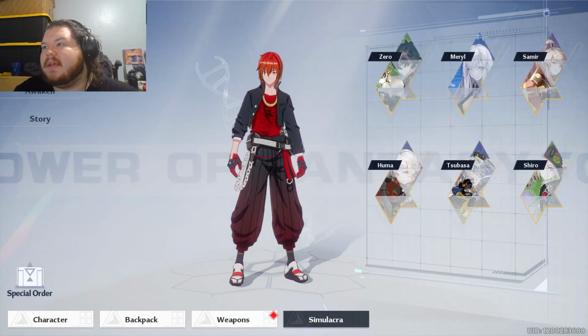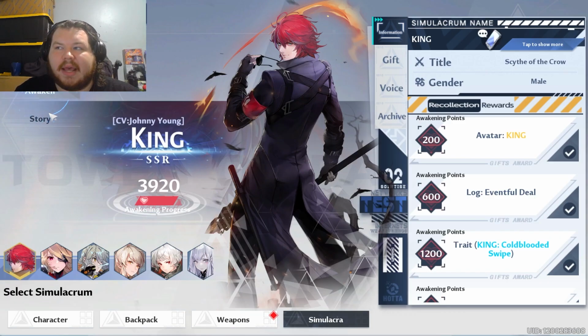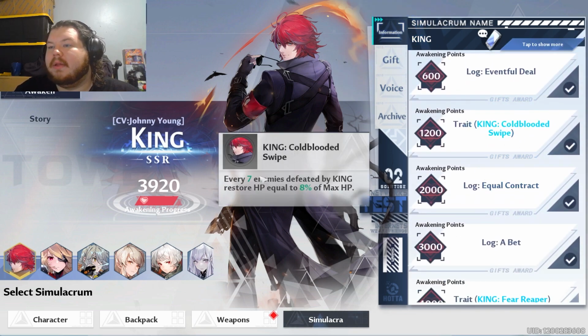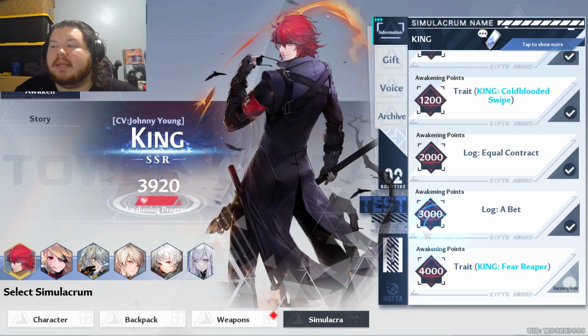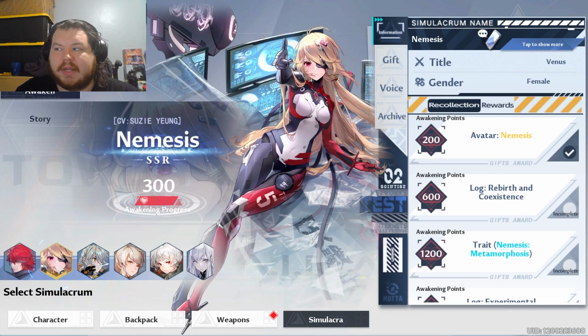But yeah, and then as for King's ability, I have it active right now because he's the closest to getting to 4,000. Need one more on his gifts. So, his Cold-Blooded Swipe, where every 7 enemies defeated by King restore HP equal to 8% of max HP. And then King Fear Reaper, every 5 enemies defeated restores an equal to 10% of max HP. It's good, but there are definitely better traits to choose,